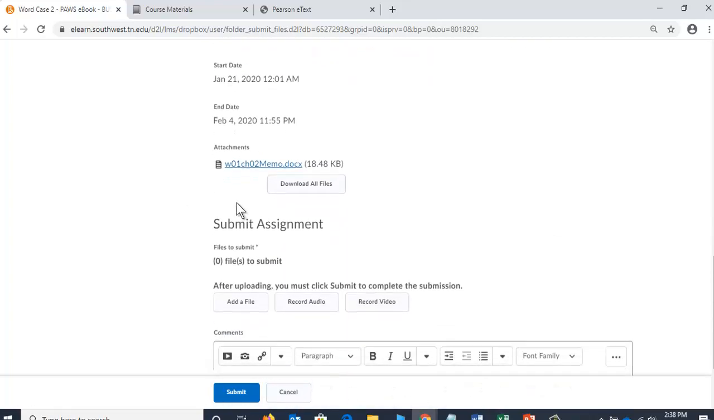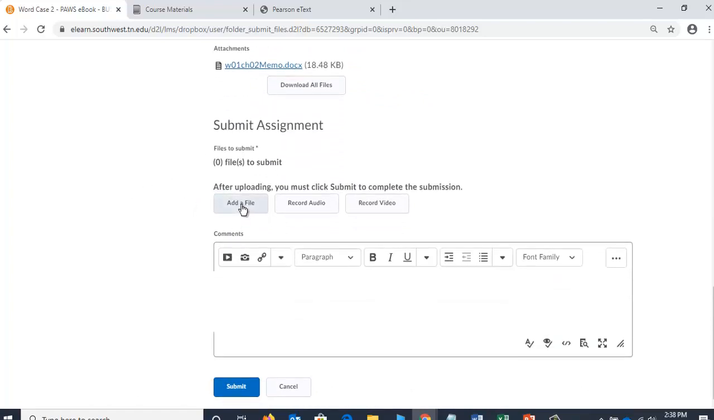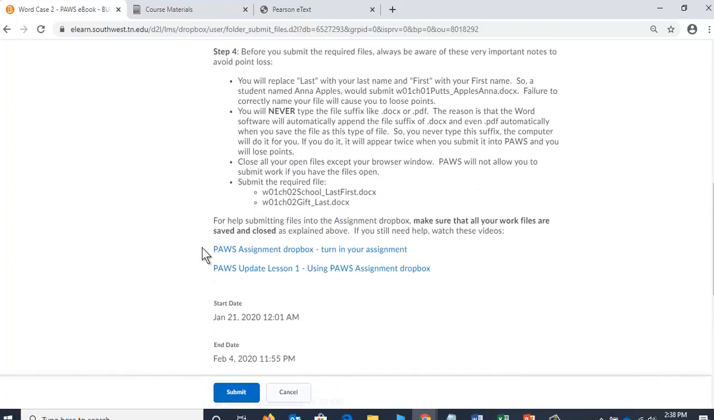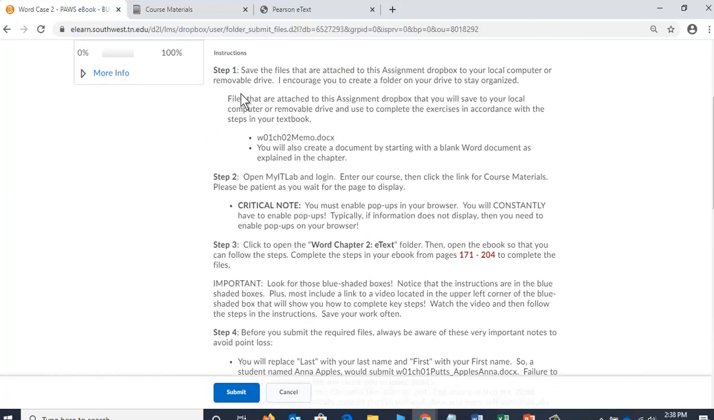So I would need to download this file to get started, okay? Now, when I'm done, of course, I would add the file to submit it. You can add them all at one time. You just simply drag and drop them all into the Dropbox, or into this add a file, and then you submit, okay, for the Dropbox. But I wanted to show you these instructions because a lot of people